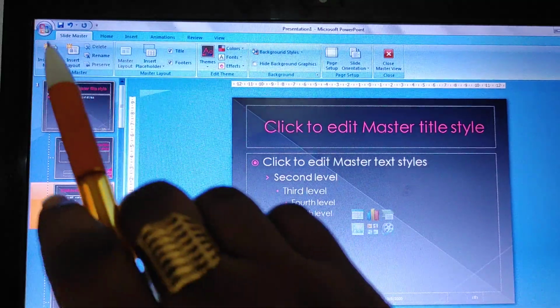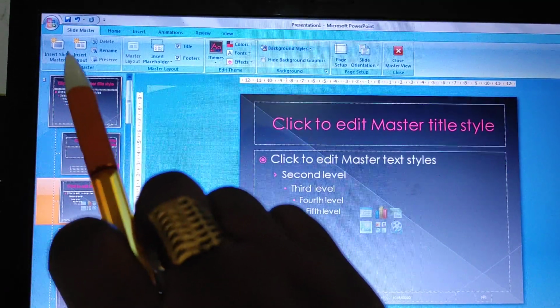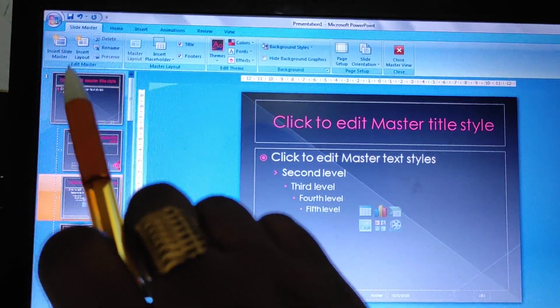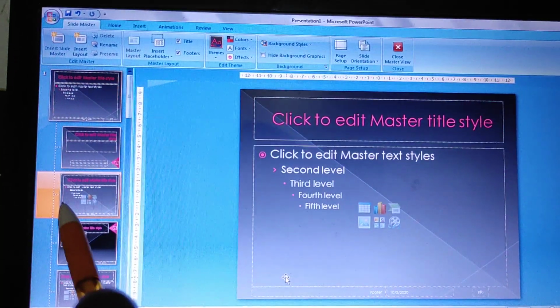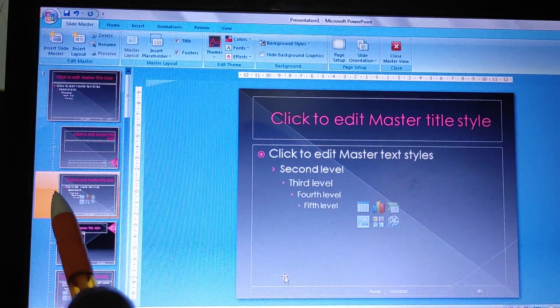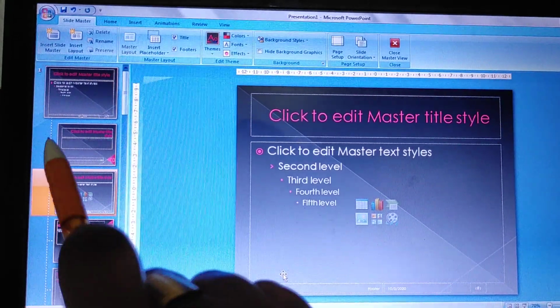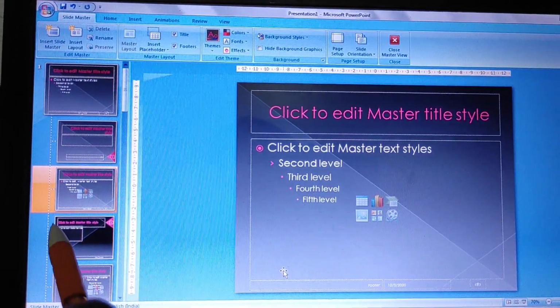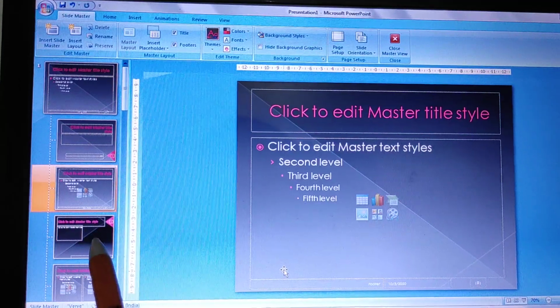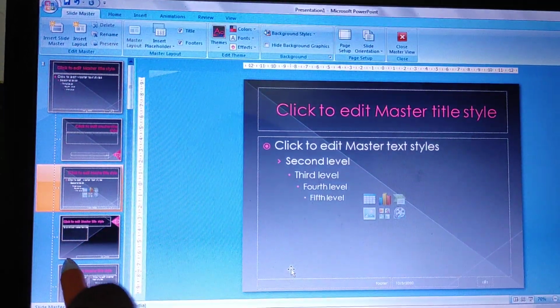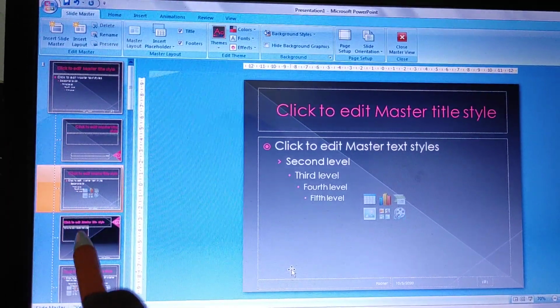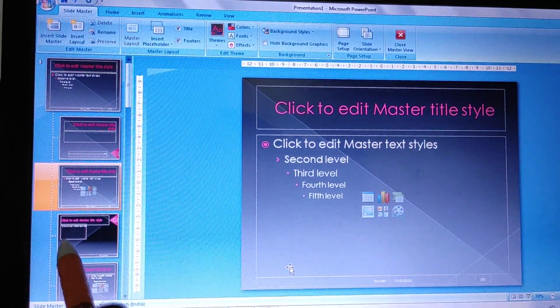The slide master tab is used to create, delete and rename slide masters. Next, slide master shows in the left pane, and a set of masters is created for each theme you apply to a presentation. Then layout masters represent the various slide layouts.